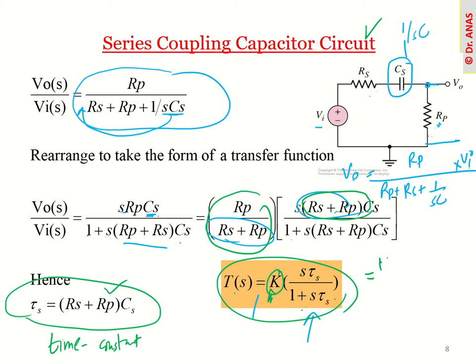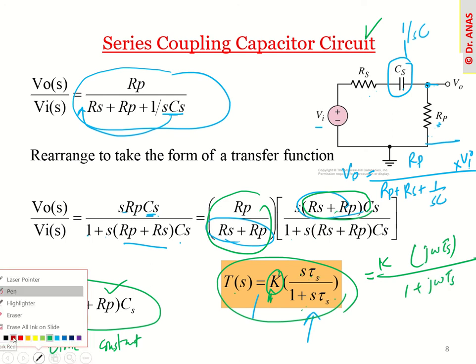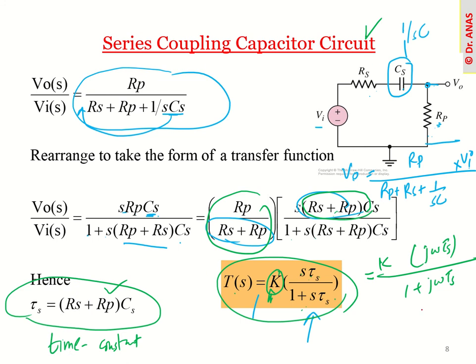Okay, let me write this in omega, so we can replace s with j omega. So this is j omega ts divided by 1 plus j omega ts. Okay, so we can get very interesting information from the transfer function. Let's say if I put omega, the frequency, equal to 0, it means my transfer function magnitude will also be 0. So when the frequency is 0, if we try to plot the transfer function, we are getting 0.